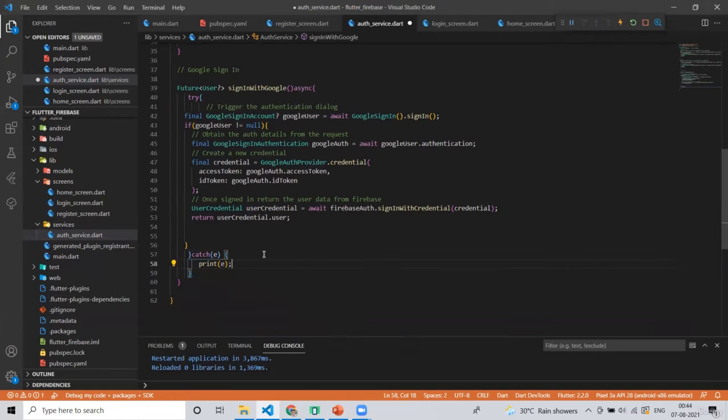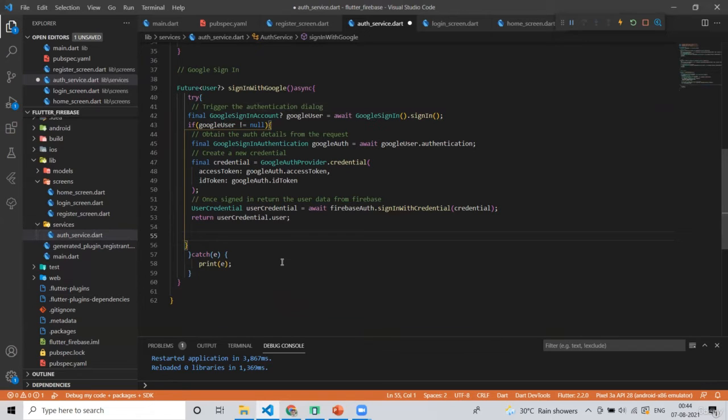So the thing is, this code, it's not like you have to learn it by heart. You just have to know it, and whenever required, you will get this code. This is a very basic code. It's very difficult to remember, it comes by practice.